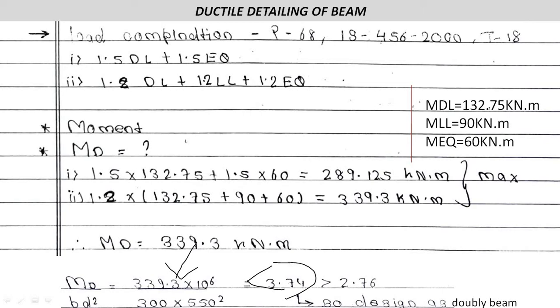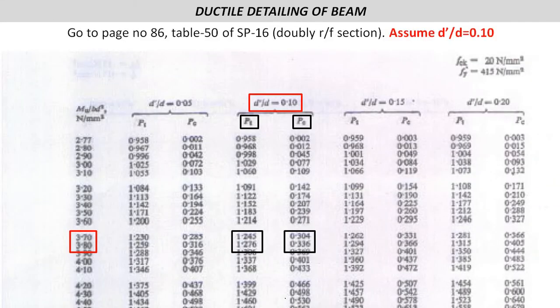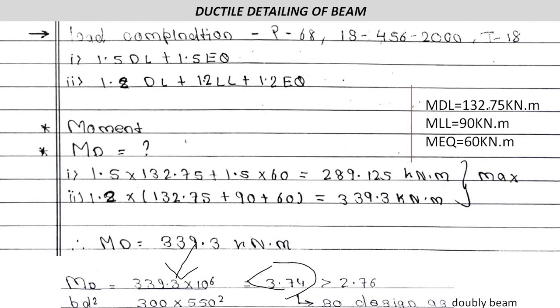As for the doubly reinforced beam, we have to provide main reinforcement at the bottom as well as at the top. So we will provide reinforcement in tension and also at the top. If it is a singly reinforced beam, then we have to provide main reinforcement at the bottom only, in the tension zone only, and we have to provide the minimum steel at the top as an anchor bar.